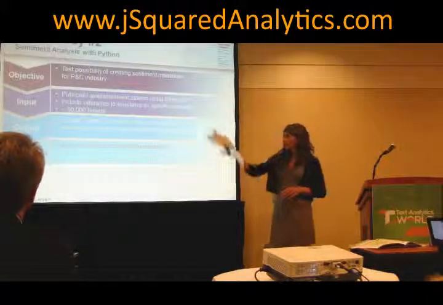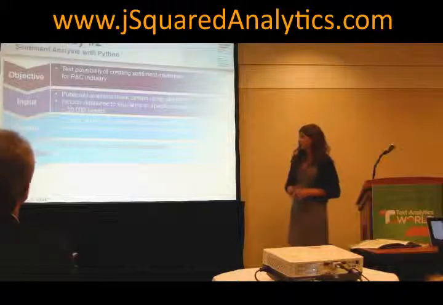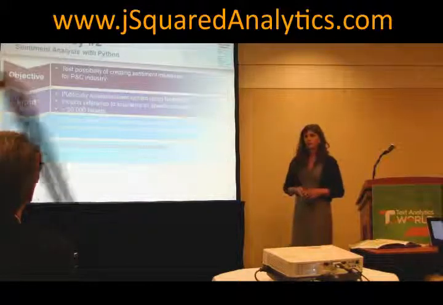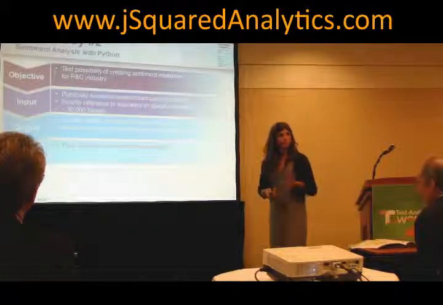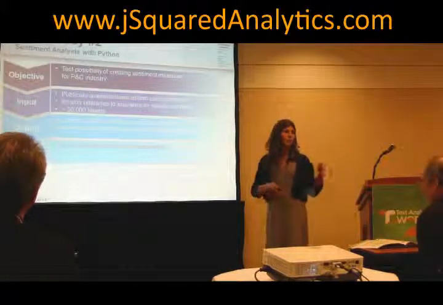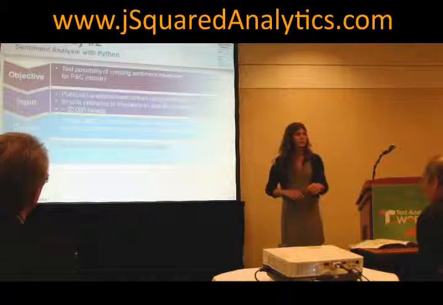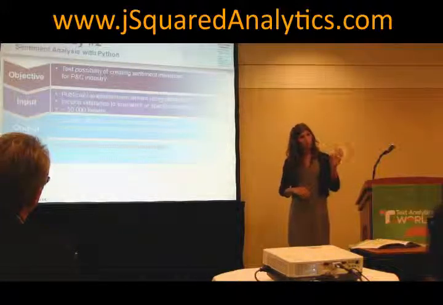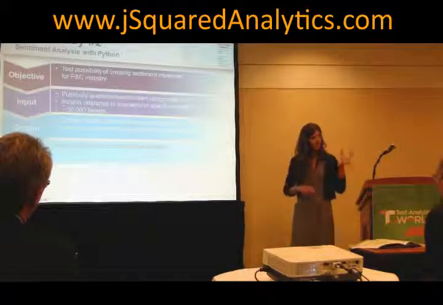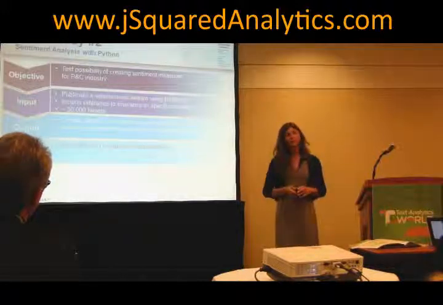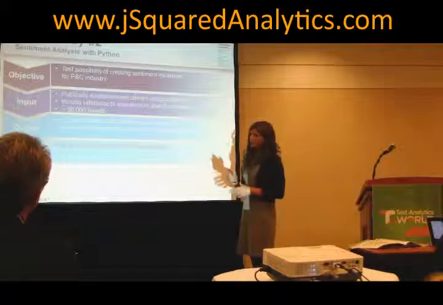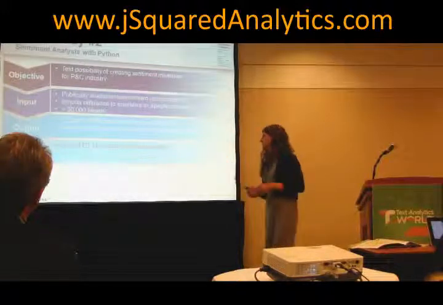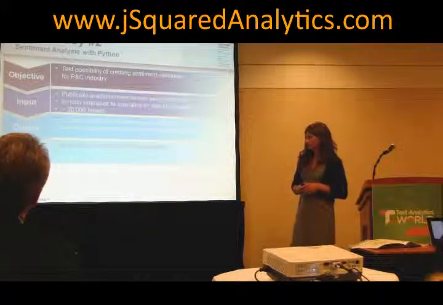So our input was just the publicly available Twitter stream using the Twitter API. We were looking specifically for references to insurance companies. So we had a list of the top, say, 20 insurance companies, and we were looking for tweets that were related to them. So Allstate, Geico, State Farm, those types of things. And our output was a number of affinity measures or affinity scores for various insurance carriers.